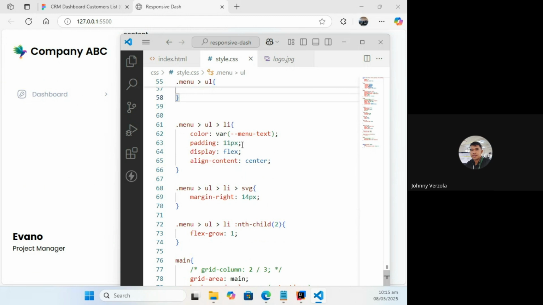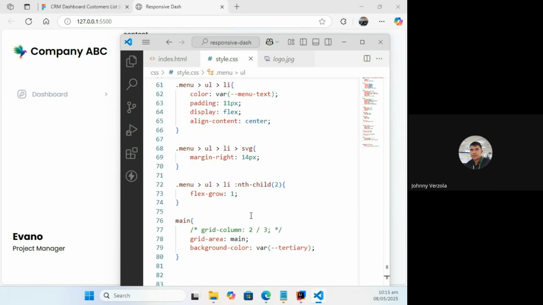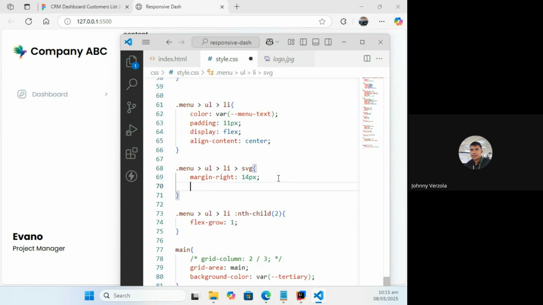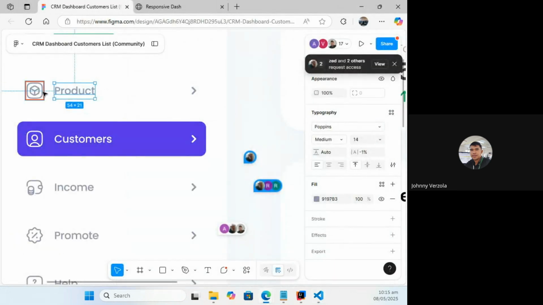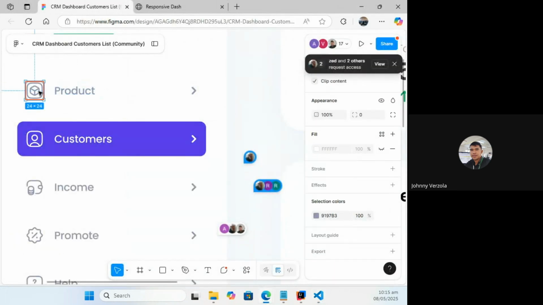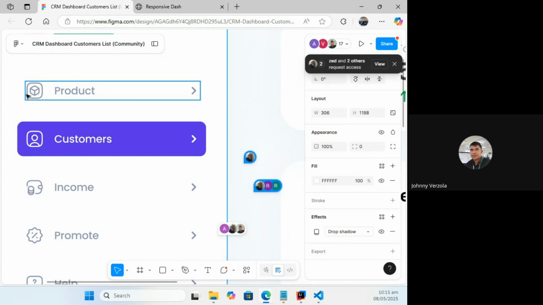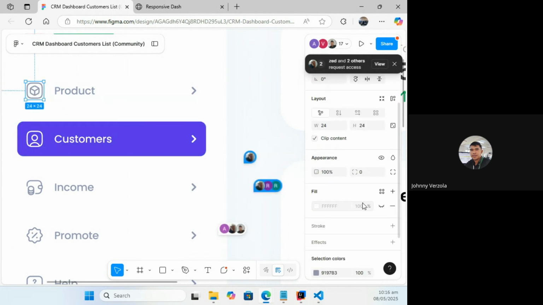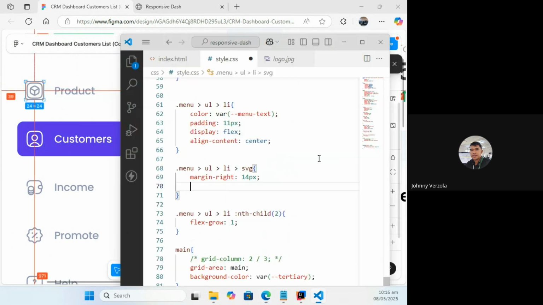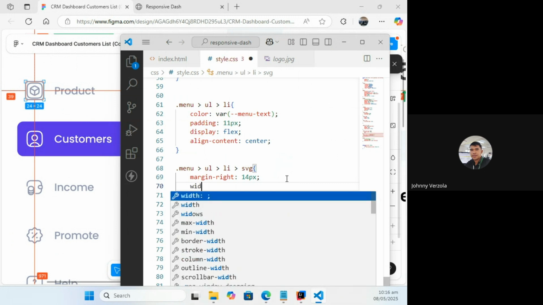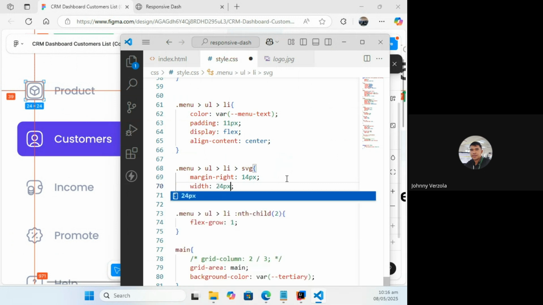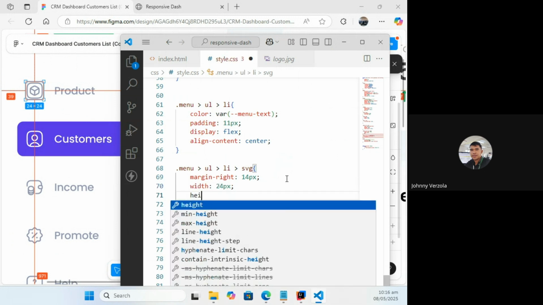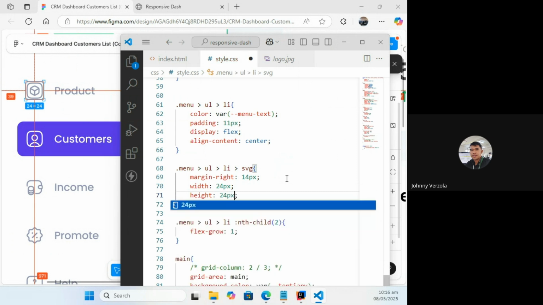Anyone from the class? I also have to change the SVG size, to be safe. I think this is 37. No, that's 24. So width is 24px, height is also 24px.